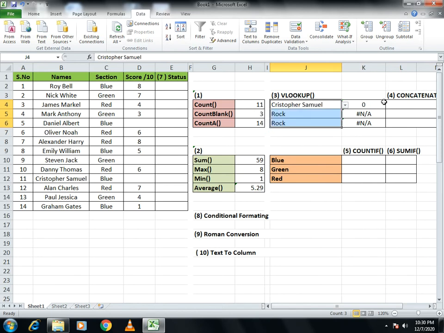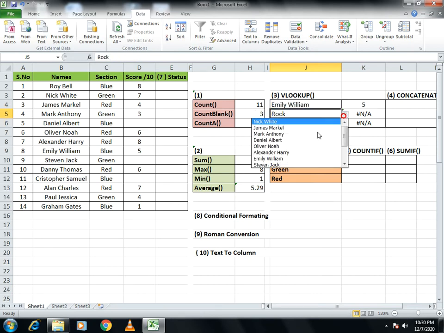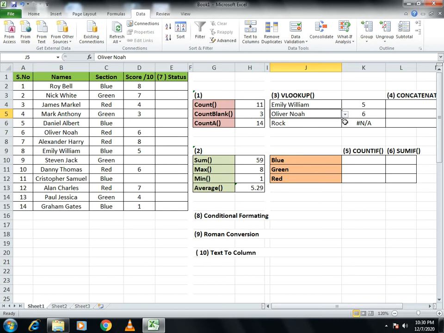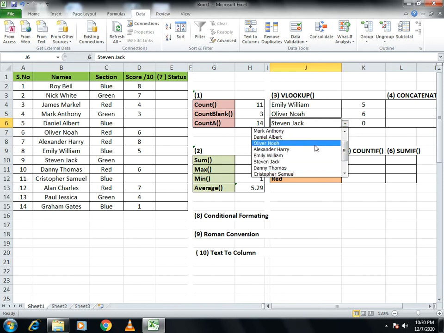Like Christopher Samuel got 0 marks because he has not attempted the paper. If I just write Emily, Emily got 5, and if I write Oliver, Oliver got 6, and if I just want to know Stephen Jack, he got 0, and Daniel Albert got, and the last, if I just write here